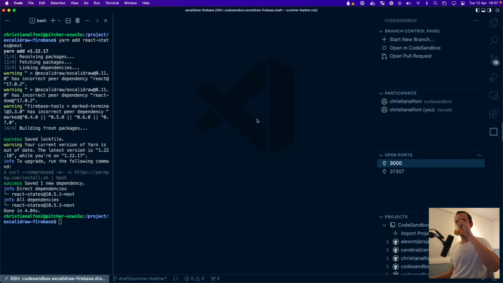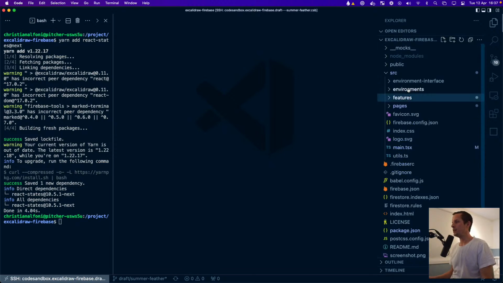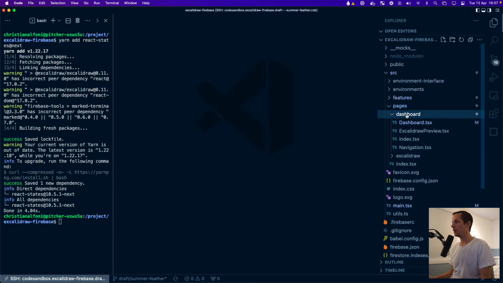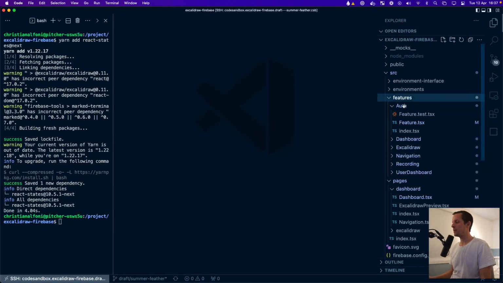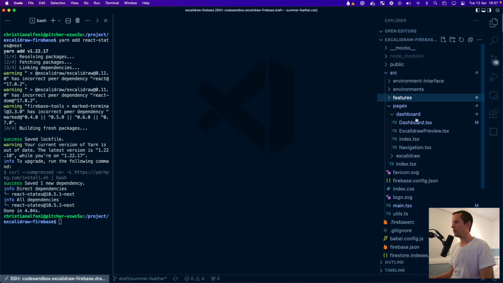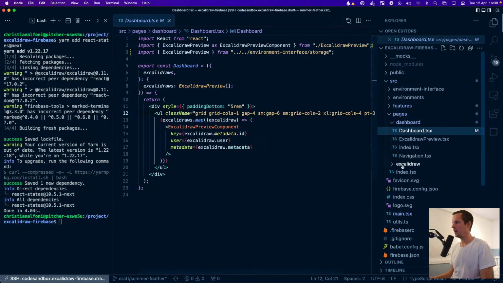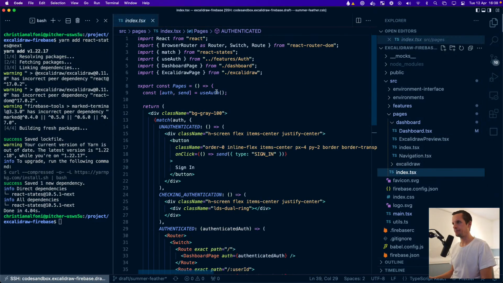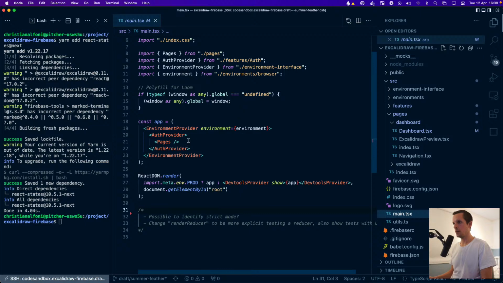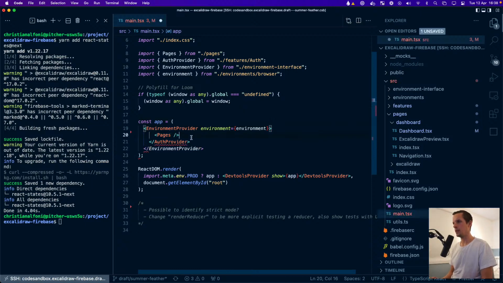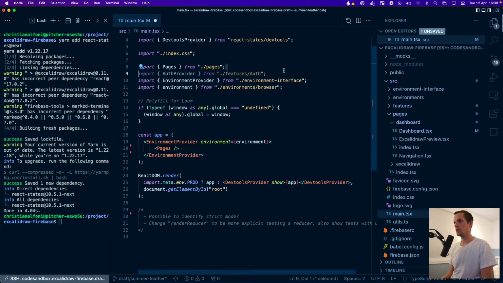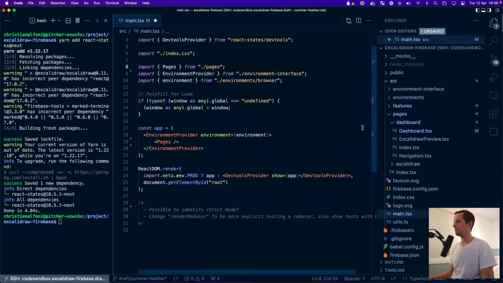So let's continue the refactor. So kind of the final thing here is that we don't want these features. We want this to be just part of the component tree. So if we take a look at how auth is used first, and this is actually not that straightforward to refactor from experience of the other app, but we'll get there. Okay, so here we have auth, and that's actually being exposed as a provider here, but we don't actually need that. Let's just remove that. Oops. And what we're going to do instead is that we're going to